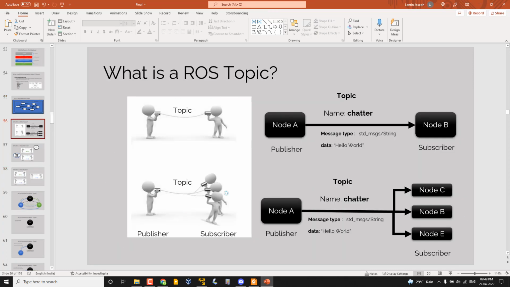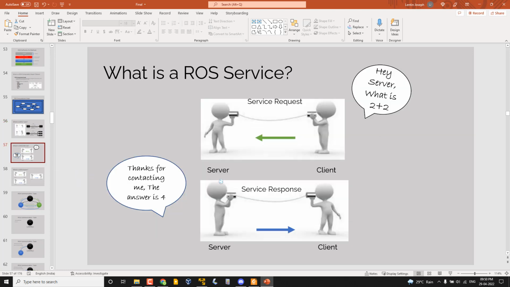I can explain. This is ROS topic visualization. Visualization means this is how a ROS topic works: one node to another, continuously chatting, continuously sending. And this is how the ROS service works. Okay, ROS service, which is